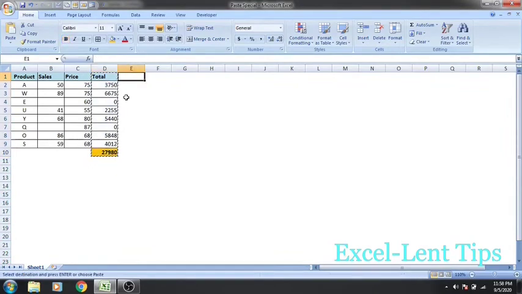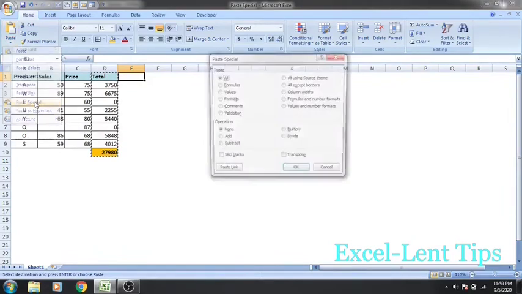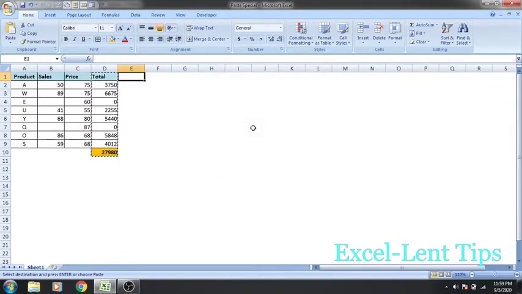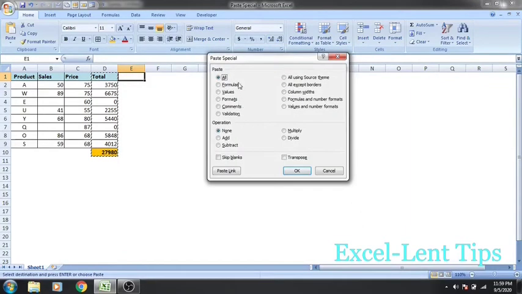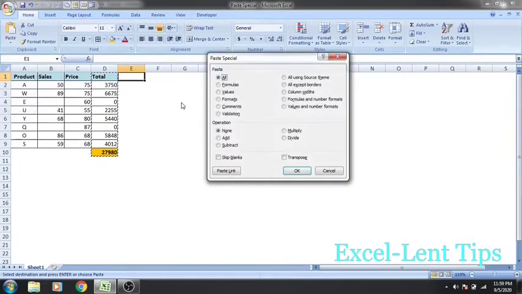I'm just copying that. And the shortcut to paste the values in special is go to home, go to clipboard, and under paste you have paste formula, paste values, no borders, transpose, paste link. So here we have paste special. If you click on that, a paste special window will pop up. Alternatively, the shortcut is Ctrl Alt V. So now the paste special dialog box opens up. If not, you can also give Alt H V, and then your paste special dialog box opens.